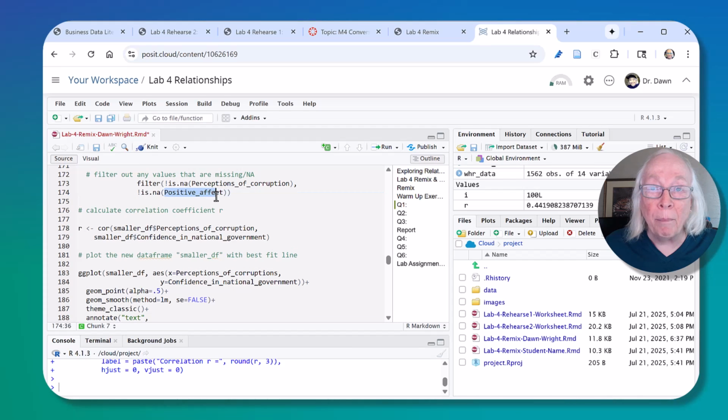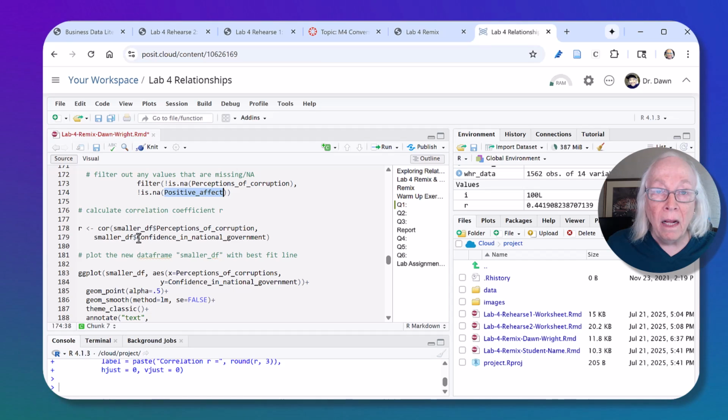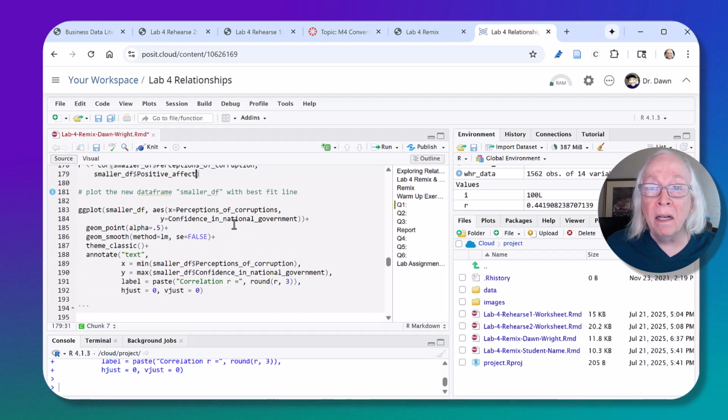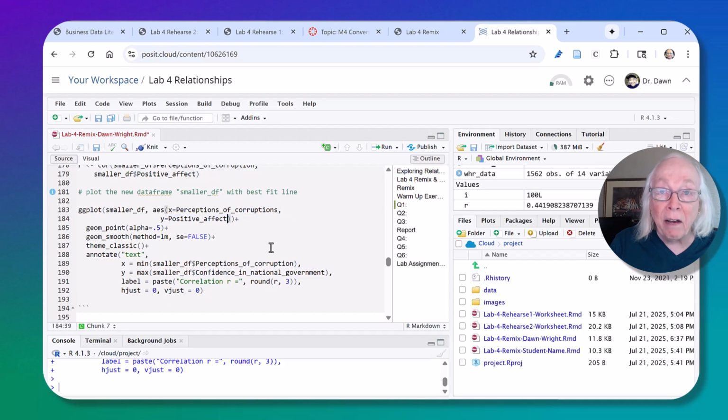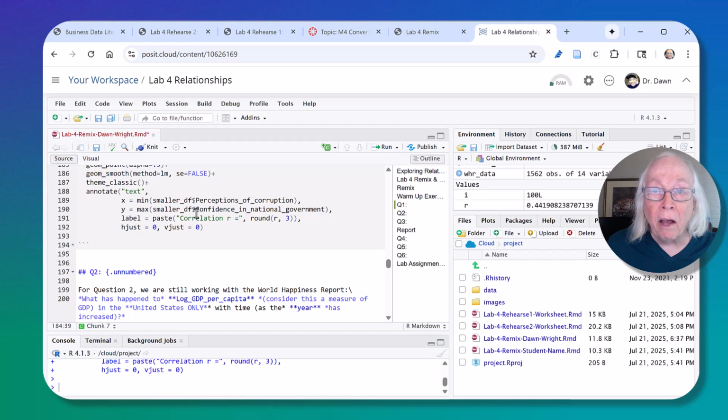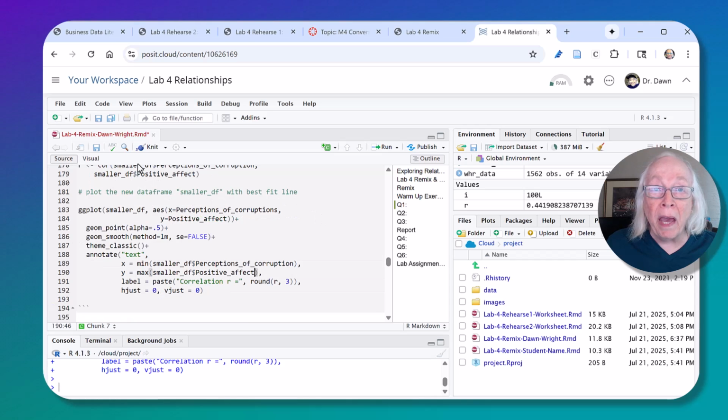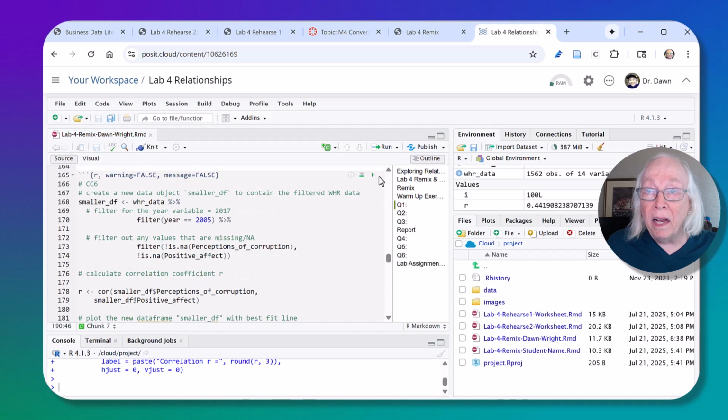And then copy it carefully, Control C, confidence in national government, I want to replace that one, and then confidence in national government, I want to replace that one, and everything should be okay, so I'm going to save it and then run it,